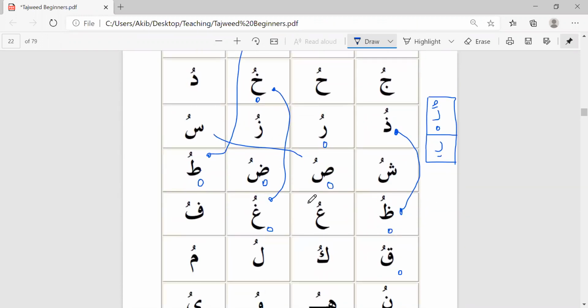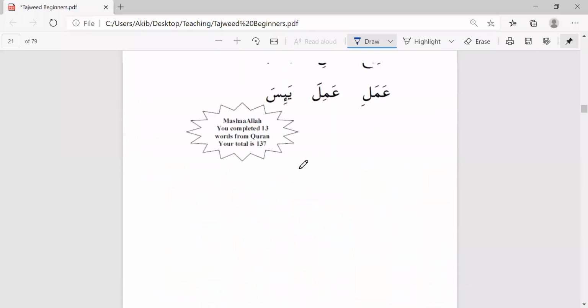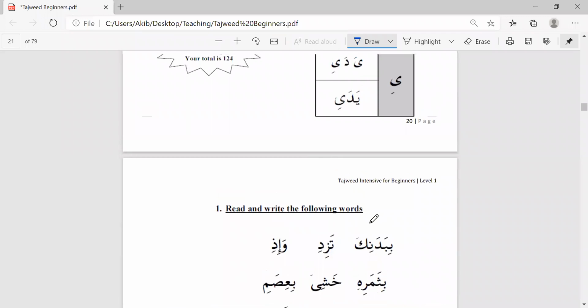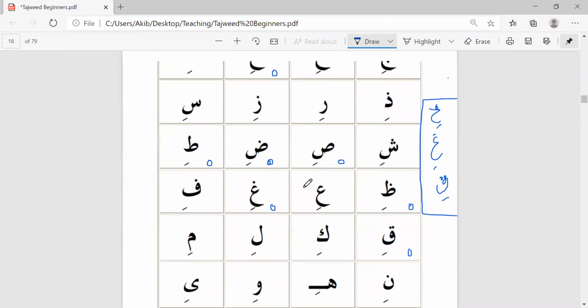So yeah, we've got about 15 minutes to go through some practice. So what I'll do is I'll spend maybe 5 minutes on practicing some letters with the kasra, and then 5 minutes on practicing some with the dhamma. So the kasra,